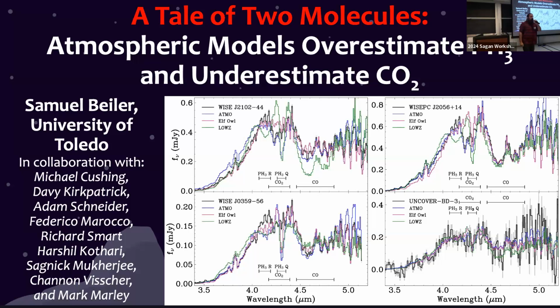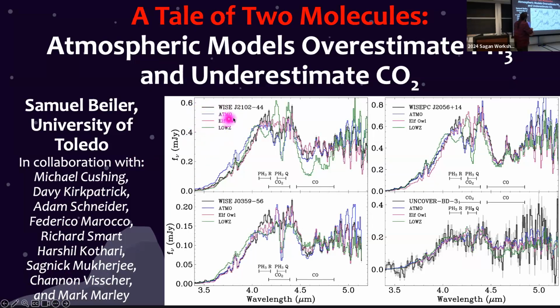I'm Samuel Byler. I'm a rising sixth-year grad student at the University of Toledo, and today I'm going to tell you a tale of two molecules about how atmospheric models overestimate phosphine and underestimate CO2. So here are four objects ranging from T8 to Y0, so about 600 Kelvin objects, looking at